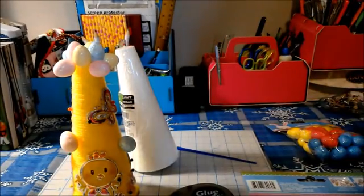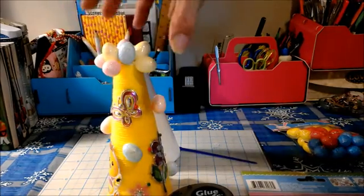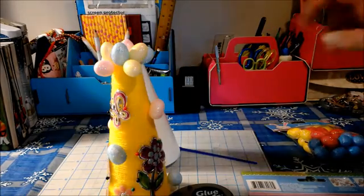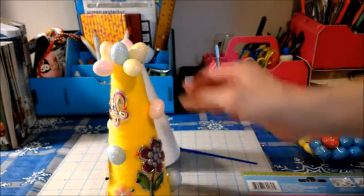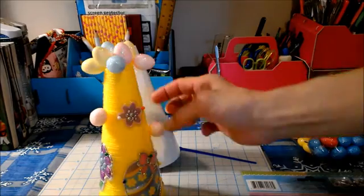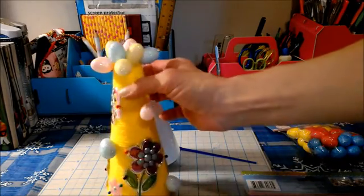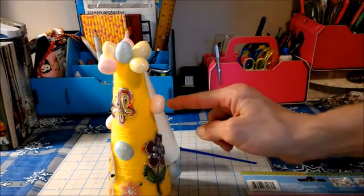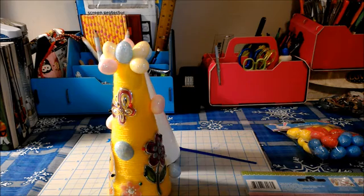cone. Then for my eggs, like the ones on the top, I just put a big mess of them up there, but I did use glue dots to hold them in place. And then I just randomly put one here and there through there. Now I thought about putting a straight pin through the egg, but let's see if we can get a good